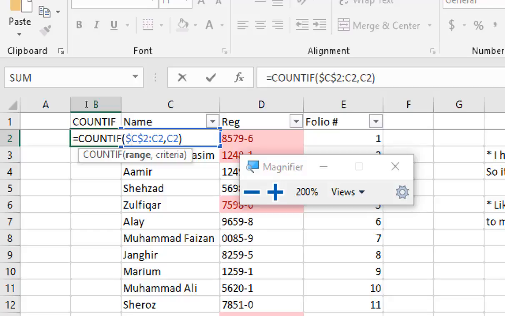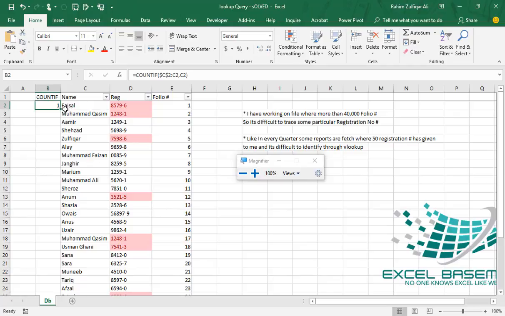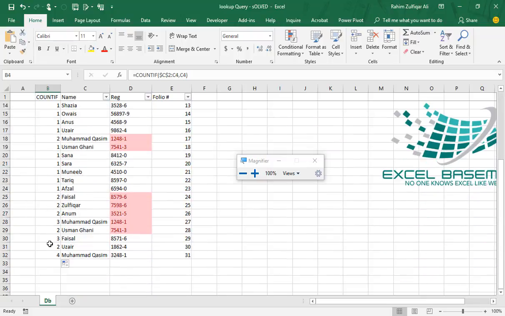It counts the criteria within the particular range, that is, how many times it has occurred. So Faisal in this particular cell has occurred only one time, and as soon as I copy and paste this function, it will generate the numbers 1, 2, 3, 4 respectively.